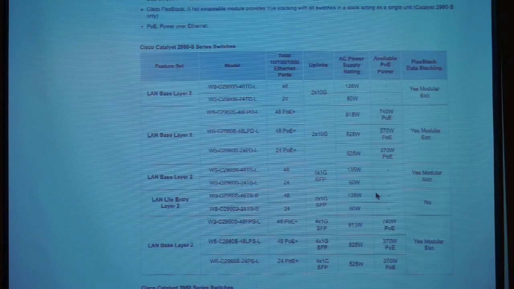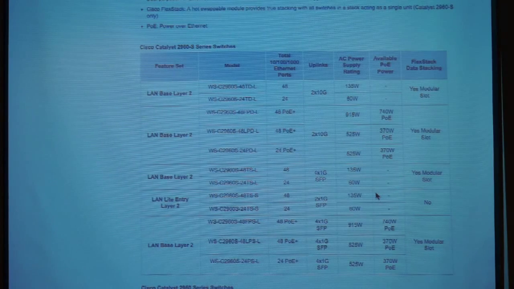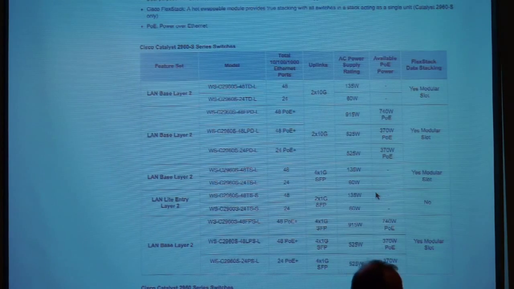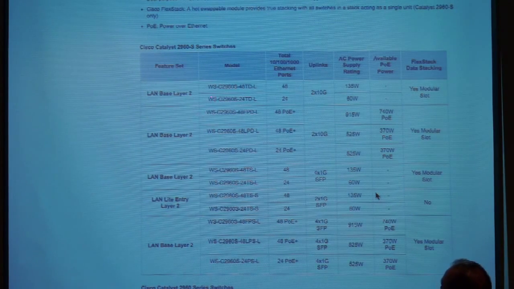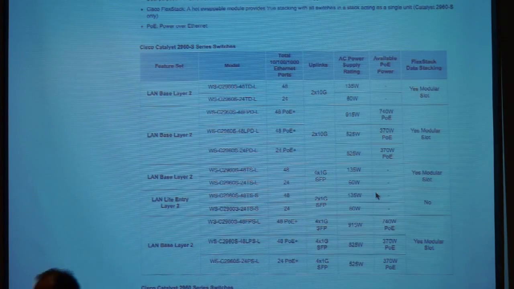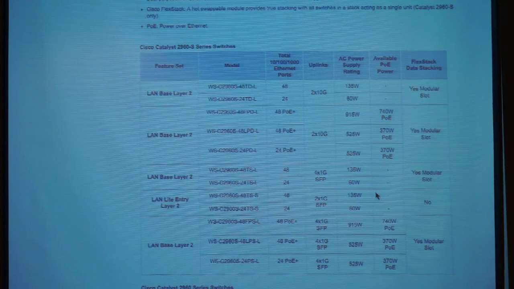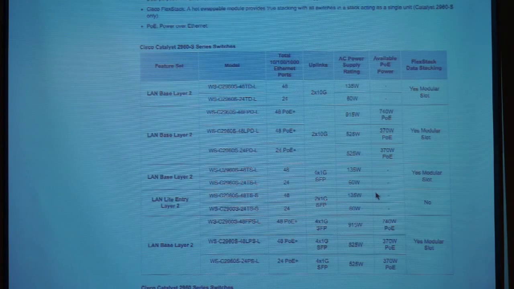So we've all seen Cisco part numbers. I'm going to actually decipher some of them for you. This thing's got a laser on it somewhere. Ah, here it is. So, LAN-based layer 2. WS stands for workgroup switch. It's a legacy term. C, Catalyst, 2960S. That's the latest model we have. S means stackable. It's a layer 2 stackable switch. 48 tells me how many ports are on the switch: 48 Ethernet ports for users. A 24 is going to have 24 ports.